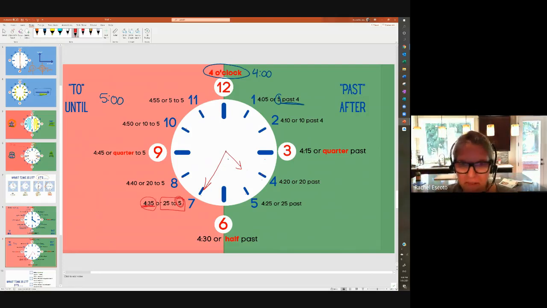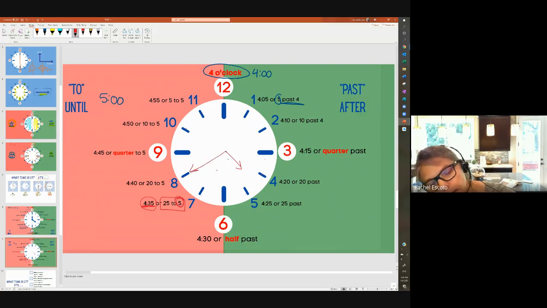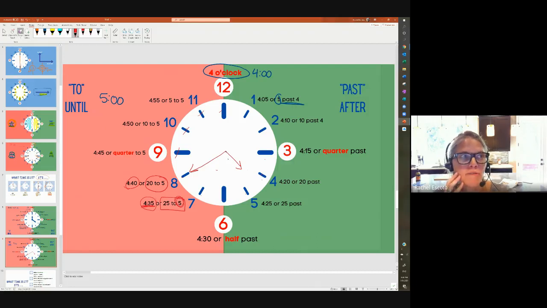25 to 5. It's 25 to 5. Okay, so for this one, next, here. Okay, so it's 4:40, correct. But how many minutes until 5 o'clock? Well, it's 5, 10, 15, 20. So it's 20 to 5. 20 to 5. This one,